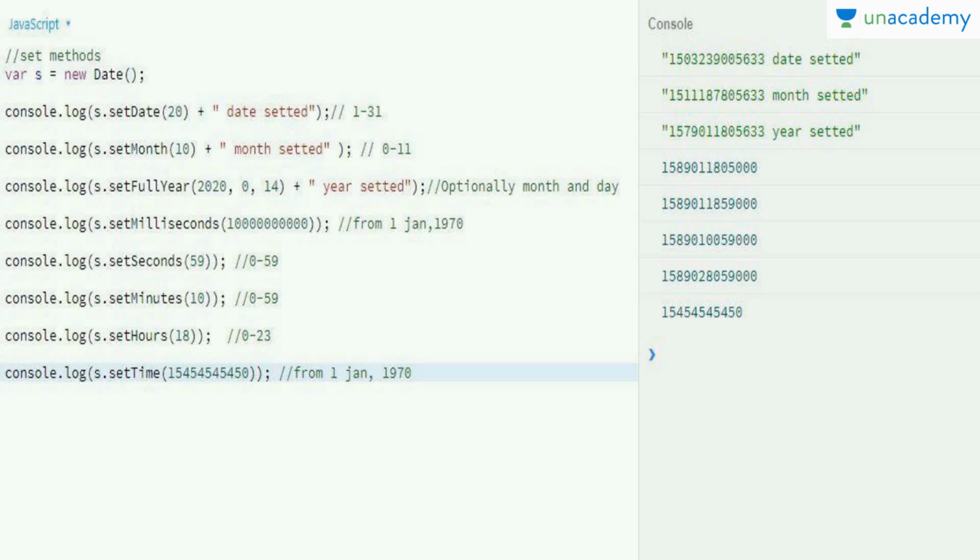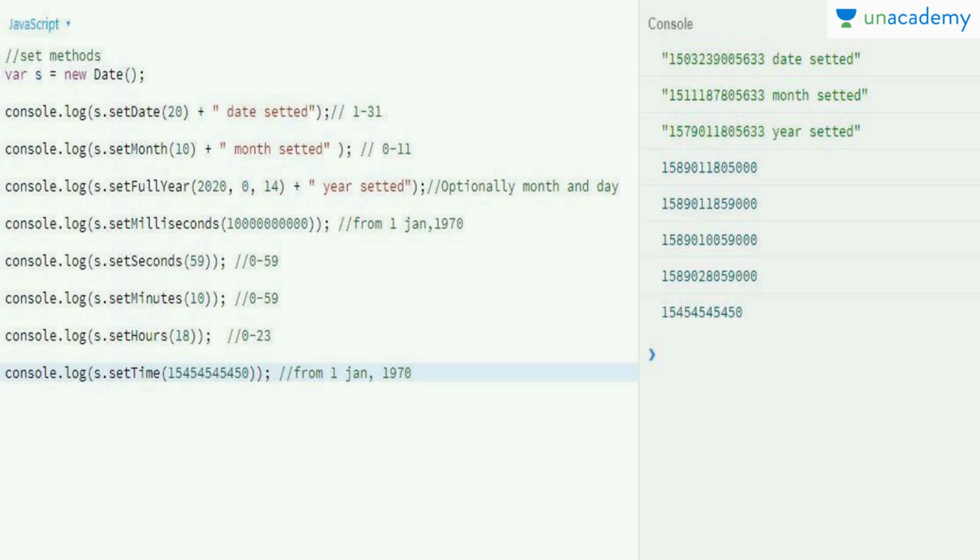After that we have set the month to 10, and the months are from 0 to 11, so we will again get the value in milliseconds for that month. After that we have set the year, and again we get the value in milliseconds.